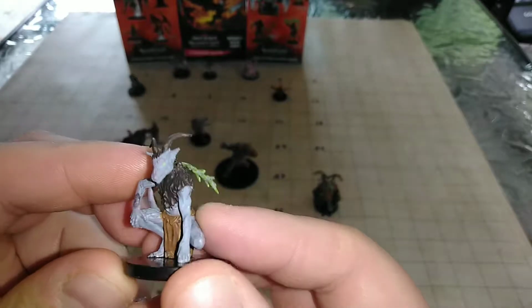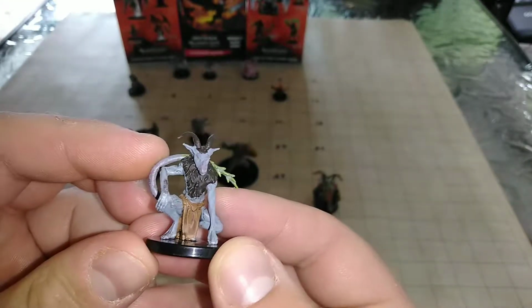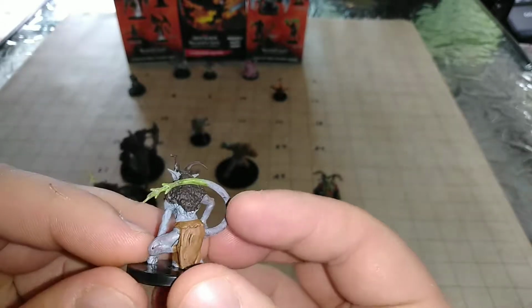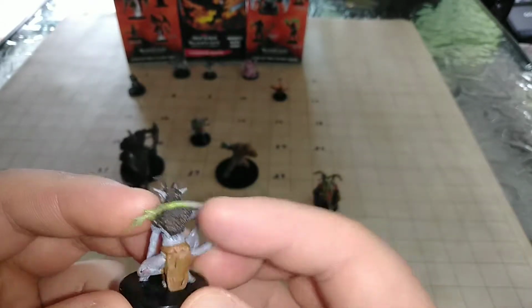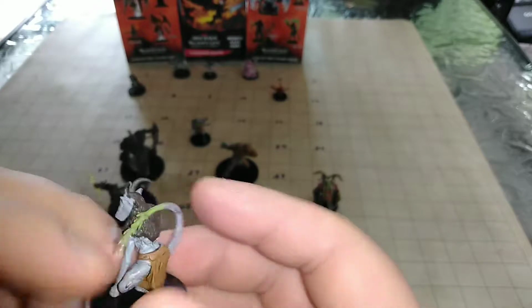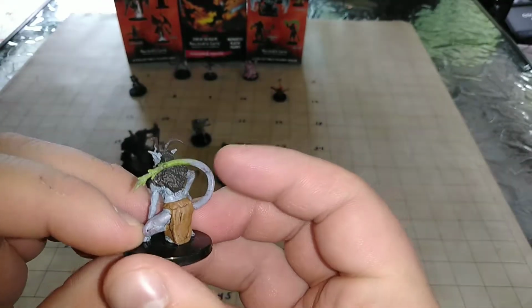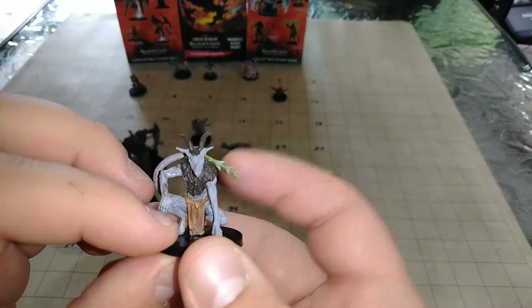Pretty cool. Nice sculpt to him. Nice crouching pose here. I don't see any really big, stupid proportions on him, which kind of works for him with a simple loincloth. I love how his greenish tail is poking out from the front, but from the back you can see how far it goes up. And I kind of feel like that is like a...